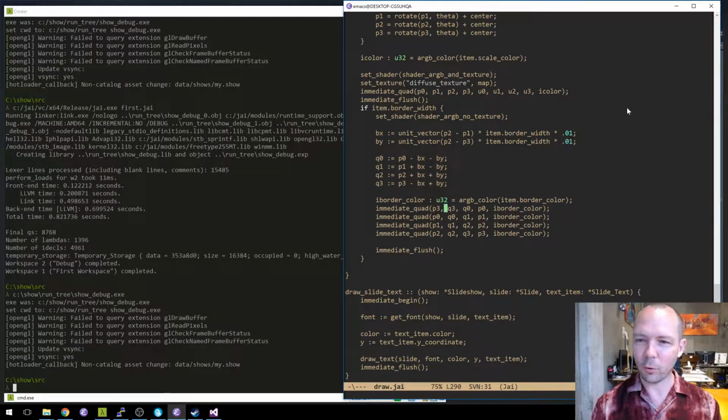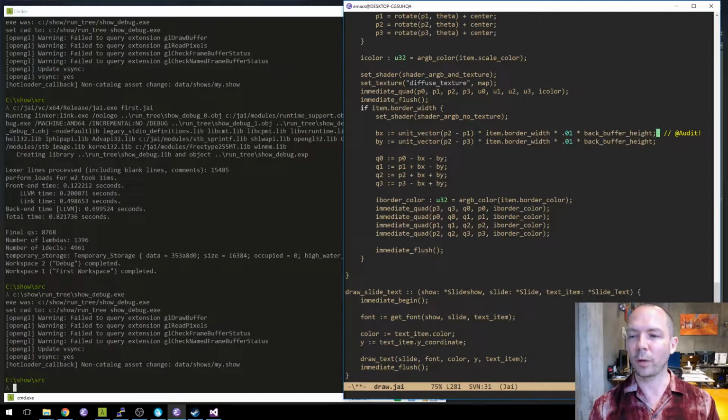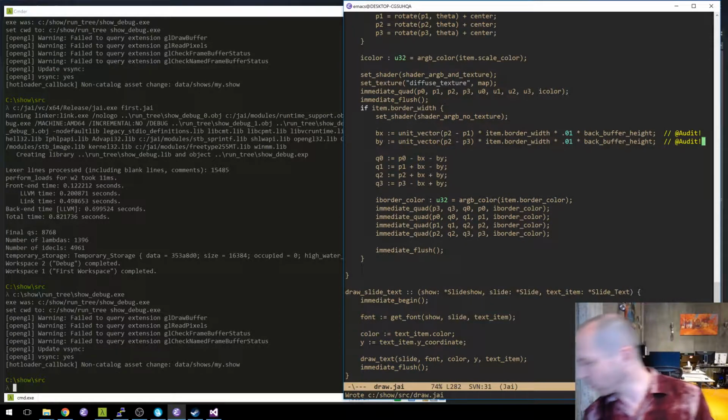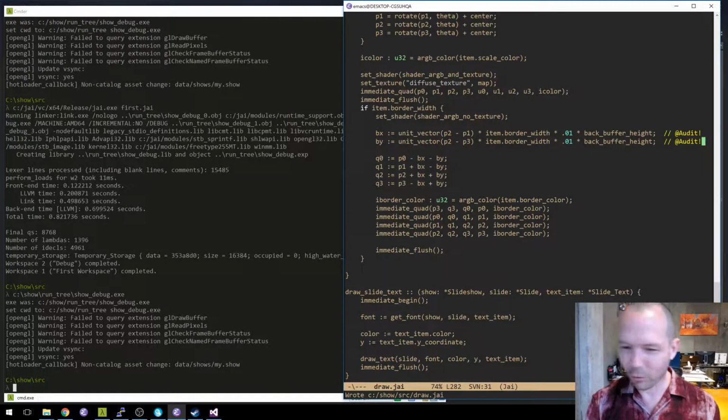All right, so times back buffer height, audit. Because we're going to change this later in this session, probably, if we get there. If we don't get buried in bugs. Accidentally got a border that looks cool. It's true. All right, so